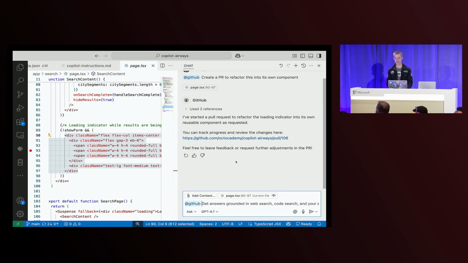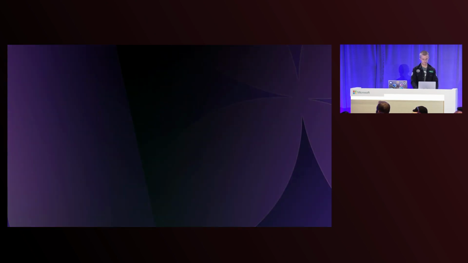And you can see here, it's literally given me the URL of the pull request, and I'm going to get an email and notification when it's done, and I can jump back in. And that doesn't have to distract me in a meaningful way from the work that I'm doing. I can send that message quickly and move on and do something else. So that's how we can give work to Copilot.